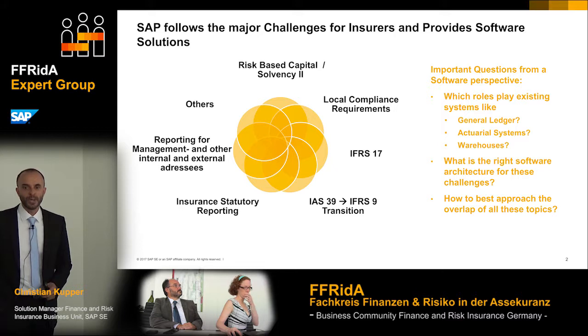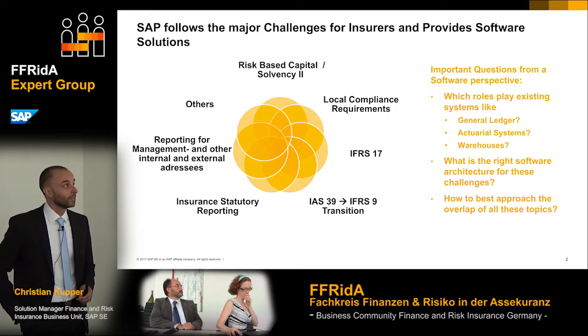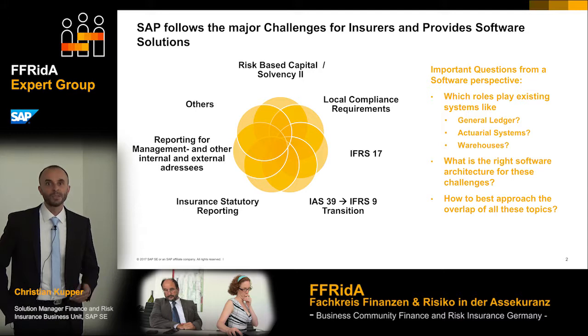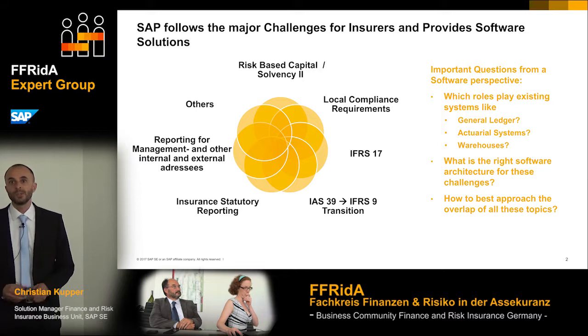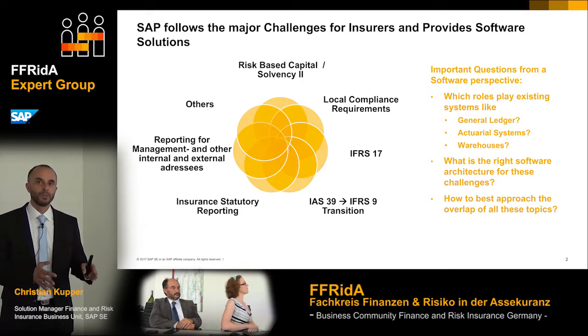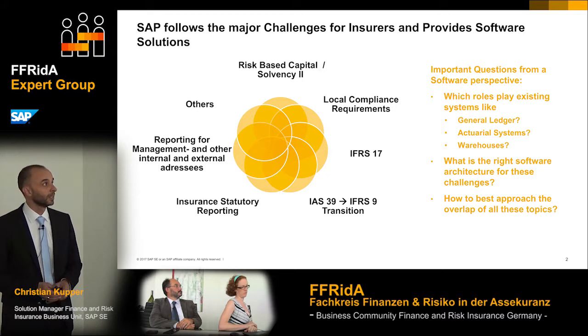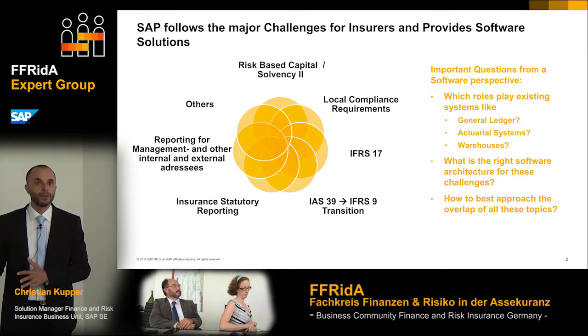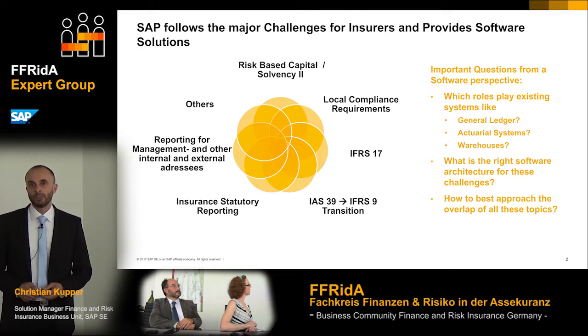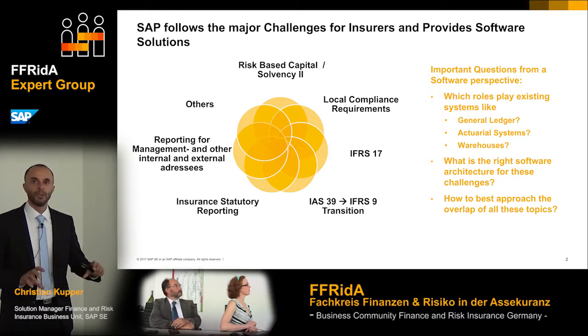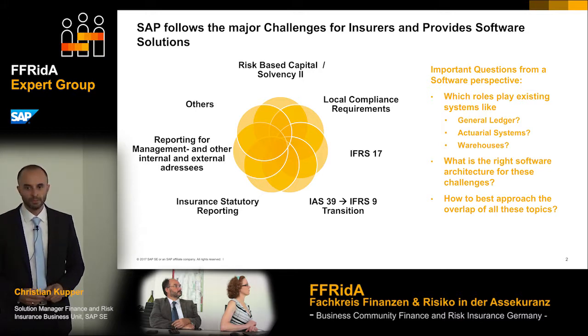After discussing for quite a while, we made up our mind: it cannot be solved in a data warehouse, because a data warehouse is not an accounting system. The same more or less applies for actuarial systems. They have their well-known purpose for doing the simulations, providing the cash flows and so on, but actuarial systems are missing the last mile of accounting. Also, it should not be put into the general ledger, because the general ledger has its purpose to produce a balance sheet and P&L. The idea here is to have a sub-ledger where you have all the details, and in the general ledger only the most relevant things.